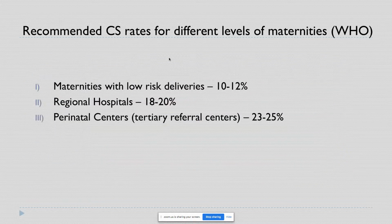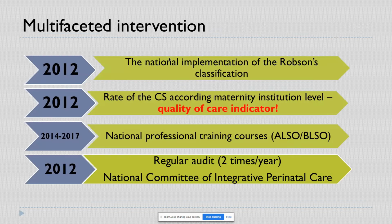After national discussion of specialists, we decided that in maternities with low risk deliveries, cesarean section rate should not exceed 12%. In regional multidisciplinary hospitals, it should not exceed 20%. And in perinatal centers, tertiary referral centers, of which there are two, it should not exceed 25%. The third intervention was national professional training courses of advanced life support in obstetrics for obstetrician gynecologists, and